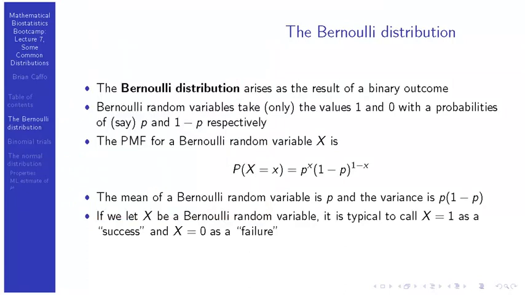The Bernoulli distribution is named after Jacob Bernoulli. We've already talked about it before, but let's formalize it a little bit and remind ourselves of some of the notation. A Bernoulli random variable is just a fancy name for a coin flip. It takes values 0 and 1 with probabilities p and 1 minus p, where p is some number between 0 and 1. The probability mass function is the probability that x takes the specific value 0 or 1, and it's p to the x, 1 minus p to the 1 minus x. The mean of a Bernoulli random variable is simply p, and the variance is p times 1 minus p. Facts that we've proven before, but we're just restating them now.